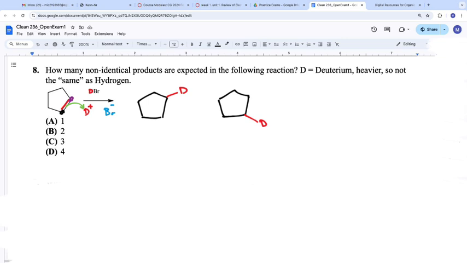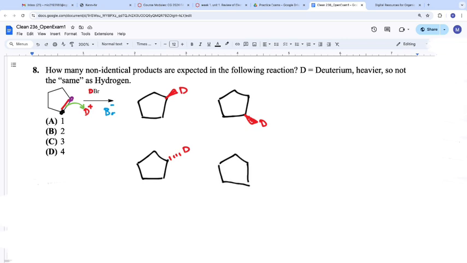Okay, what reacted? The deuterium. Deuterium with what? Electrons. Electrons found where? In the pi bond. Where are they in the pi bond? In the pi orbitals, above and below, which means I could have this deuterium be wedged, or at that exact same site, I could have that deuterium be dashed. Just like with the other position, I could have it be wedged, or I could have it be dashed.